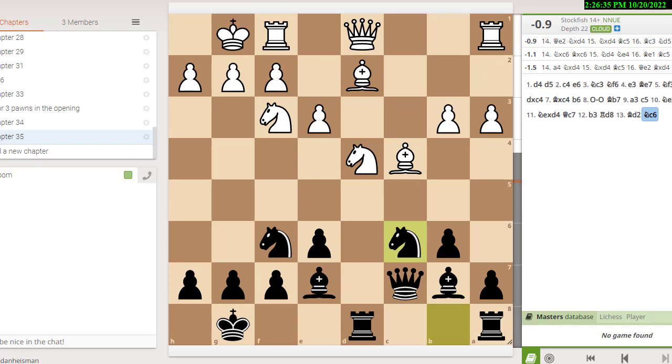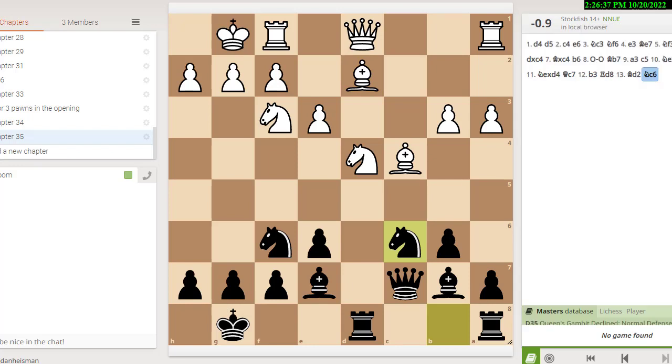All right, let's turn off the engine. Okay, so white looked at this position and he said, I know my Reinfeld numbers, those 1, 3, 3, 5, 9s. I can take this pawn with my bishop, and then if I'm winning a pawn and if he wants to get my bishop with pawn takes, I can play knight takes and I'll fork his queen and his rook, and then when he moves the queen, I'll take the rook, and I'll end up with a rook and 2 pawns against a bishop and a knight. And therefore I will have one point by Reinfeld values. So that's a good combination for me.